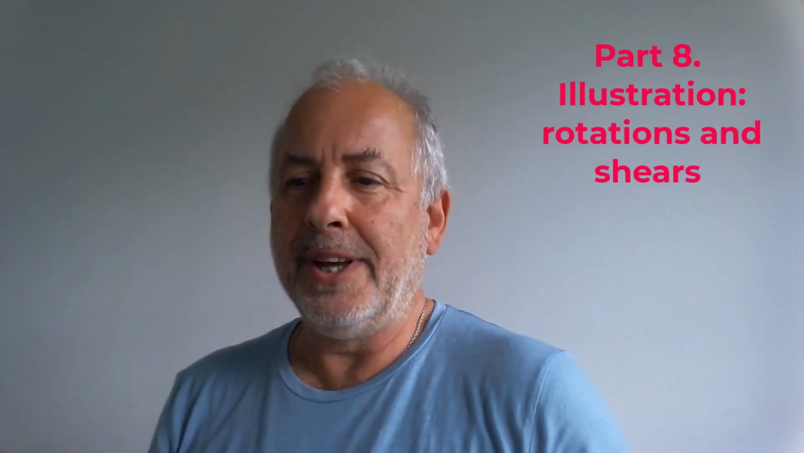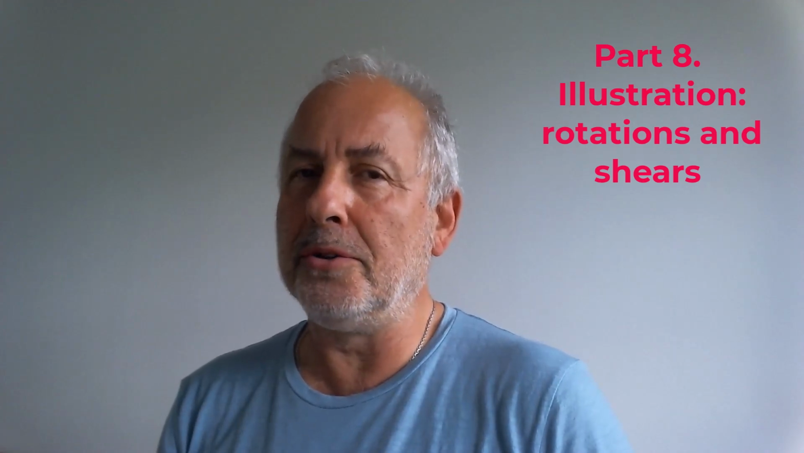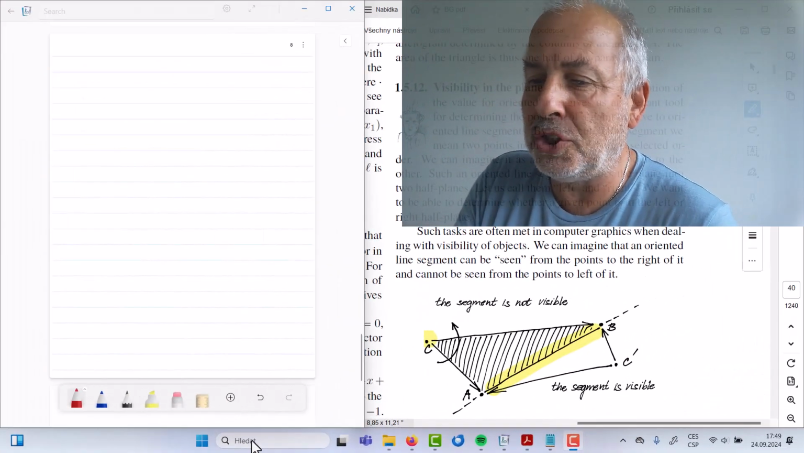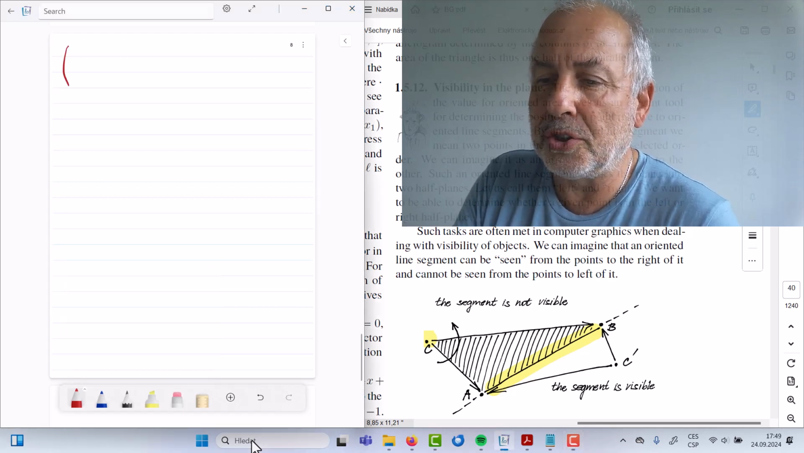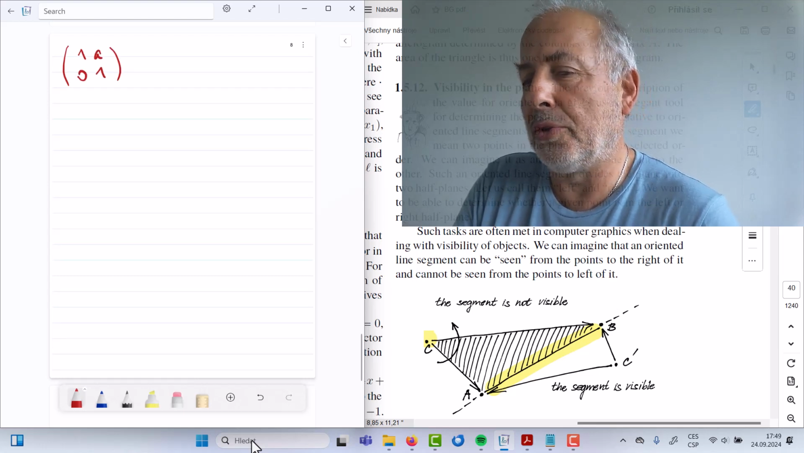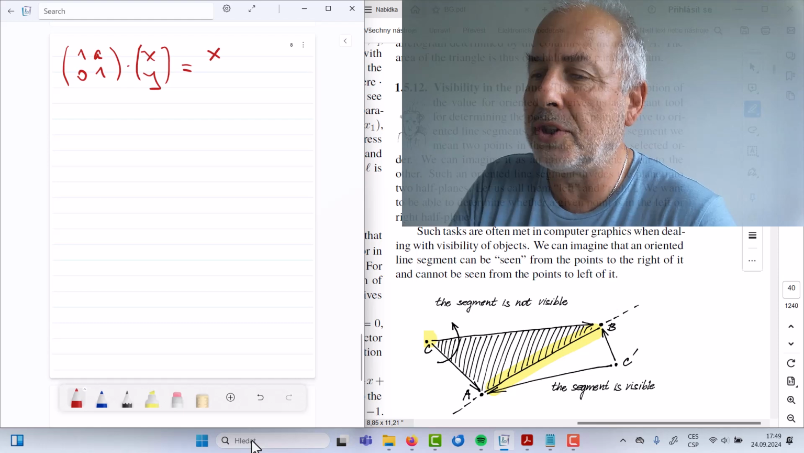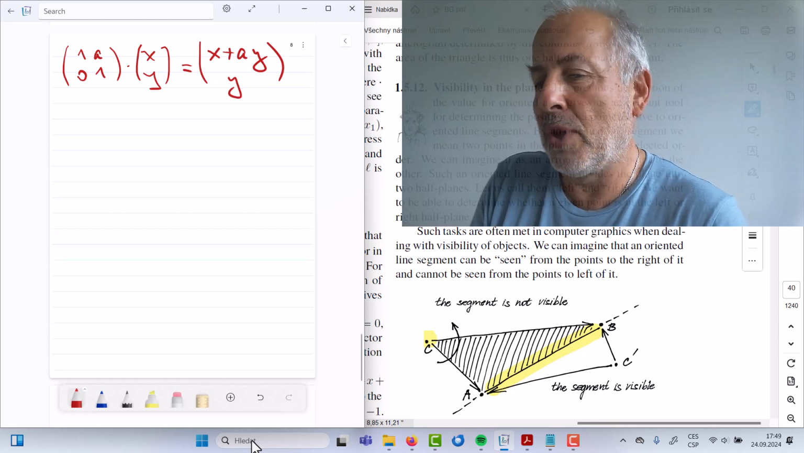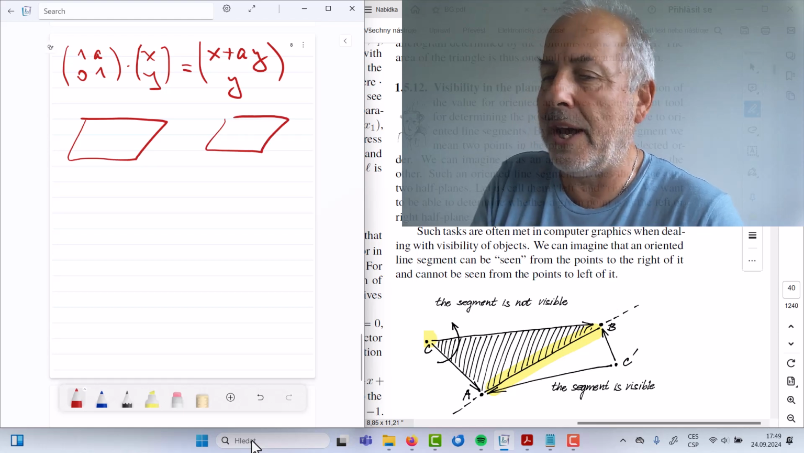Now to add some comments on shears, a special type of mappings which are useful in graphics. So just take it as an illustration. What I mean by shear is a map of the form with matrix [[1, A], [0, 1]]. So if you apply it to a general vector, what you get is x plus A times y, and here y is copied. So if I imagine mapping the plane into the plane by that,